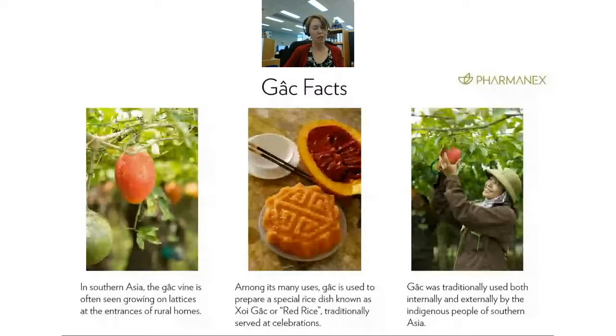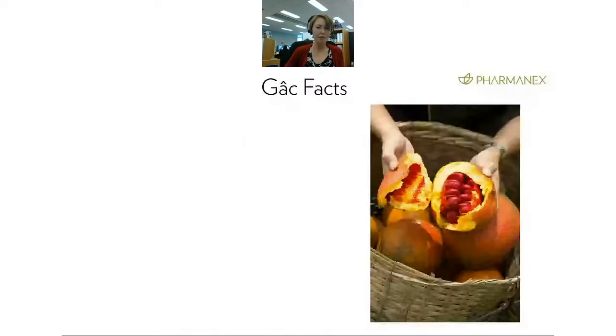It contains beta carotene, which is a precursor for vitamin A. They would give it to their children to help with eye health because vitamin A deficiency can cause some pretty severe vision problems. Fun little backstory there. So when you actually break open the GAC fruit, what you see inside are these large